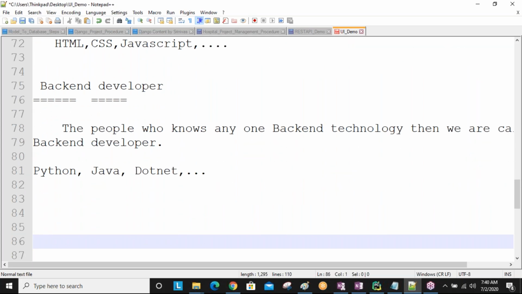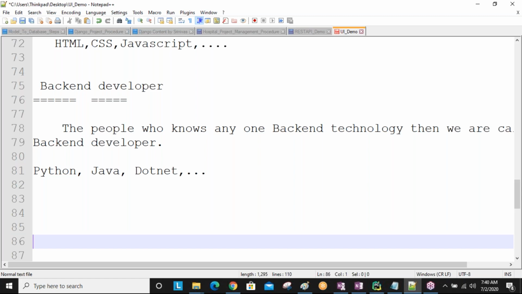So what is the back-end developer's role? The back-end developers are responsible for developing all the back-end technology related coding. When the user enters some data, the back-end developer receives the data, converts it into database format and stores it in the database.